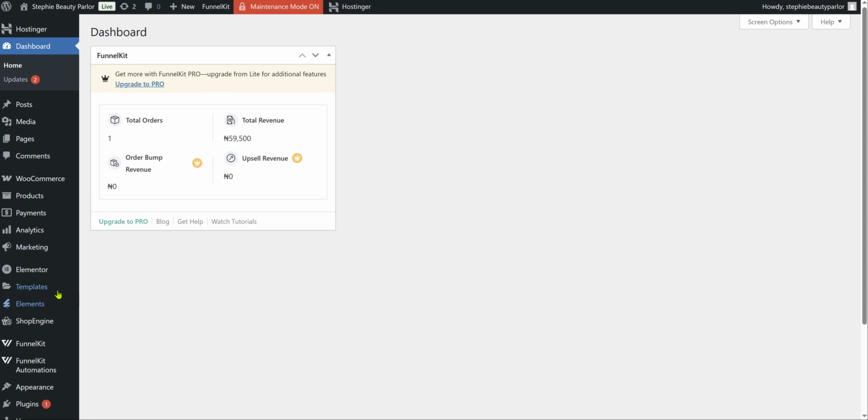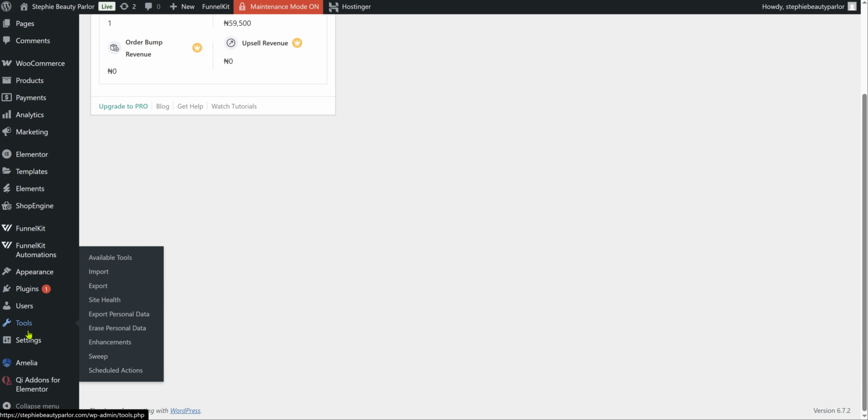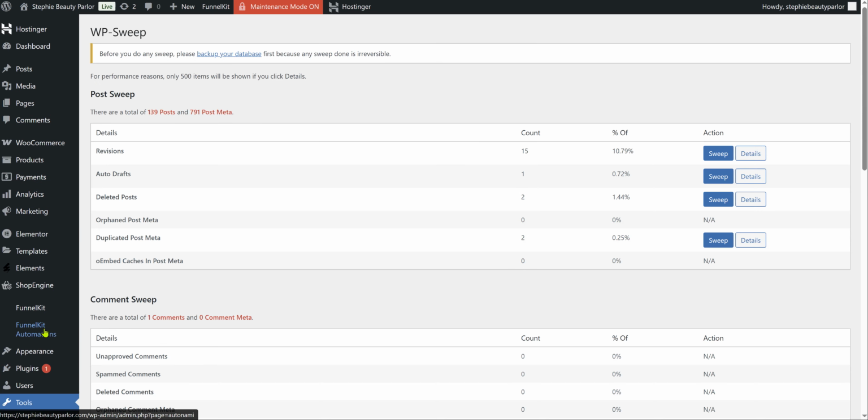Now, if you come into the hosting platform, scroll down, you get to tools, and you see this option that says sweep. I'm going to show you the tool, by the way. You see, we have revision count 15. What this simply means is that this website itself has a count of these revisions, and if these revisions are not cleared off,